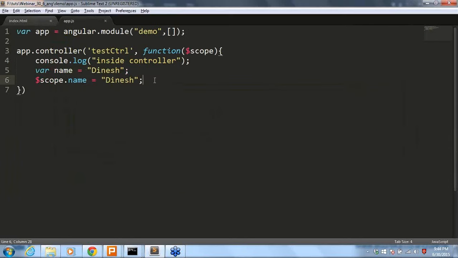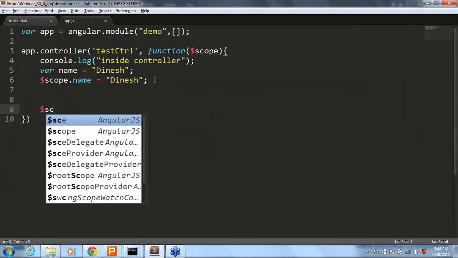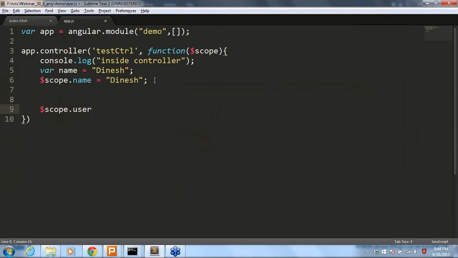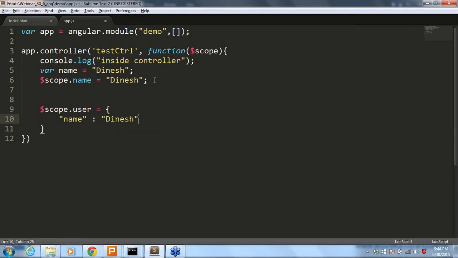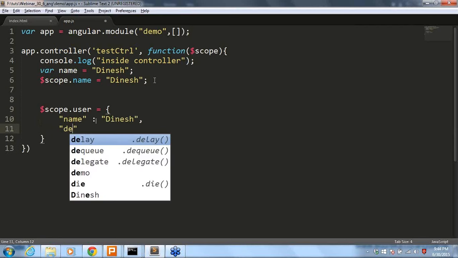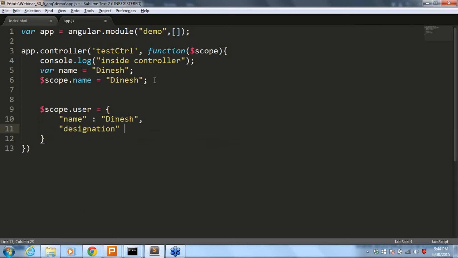Here I'm going to create one more scope variable, scope.user equal to, it can have the name of the user. The name of the user can be Dinesh and the designation is UI developer, whatever it is.